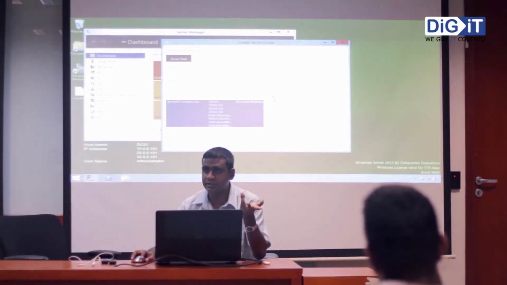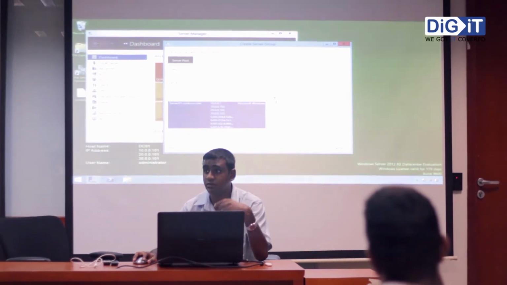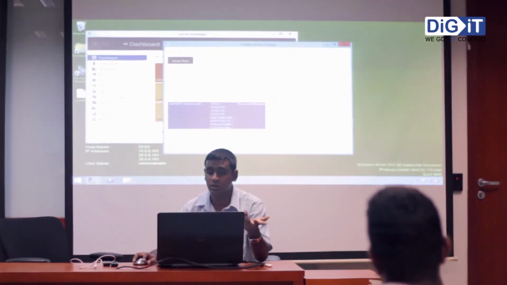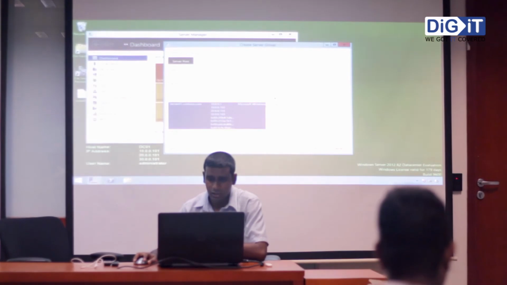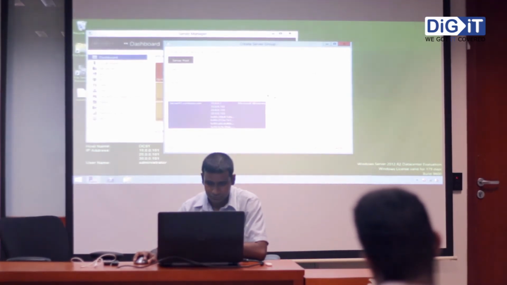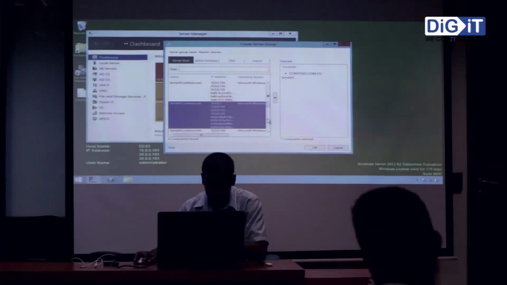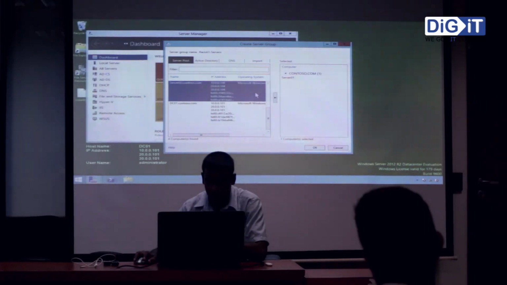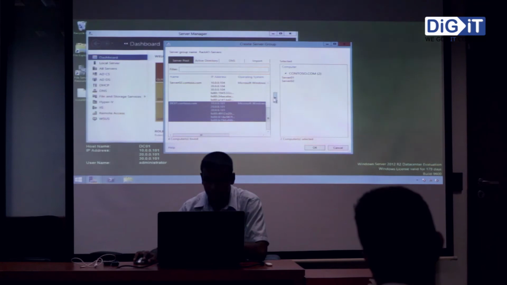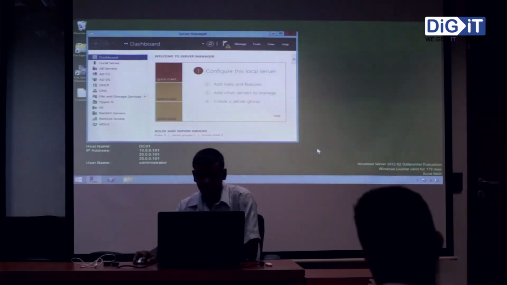I can do the maintenance tasks and I can view the logs, I can view the events from the single console for these servers. So I'm going to add server 2 as well and DC1. All these servers are the same ones which I have used in the earlier demo.